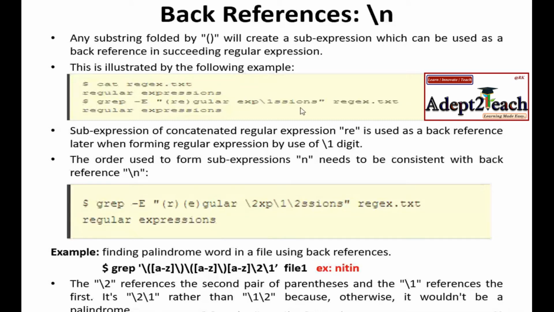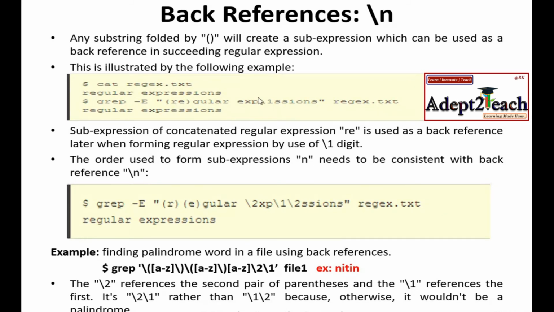After that, when I have written expressions, rather than writing the complete word, I have written exp, slash one, and then "sions". So whatever content is written in the first bracket will be treated as substring one.